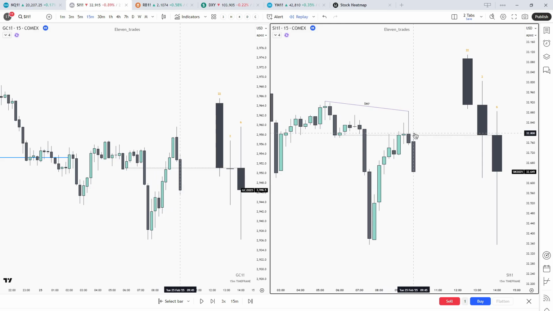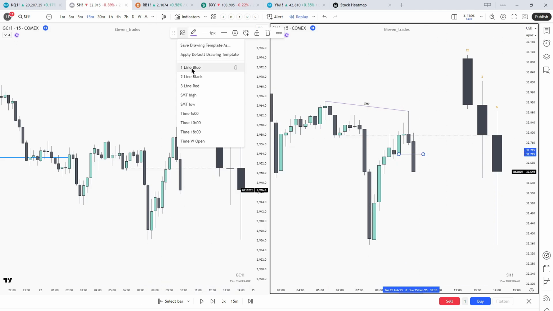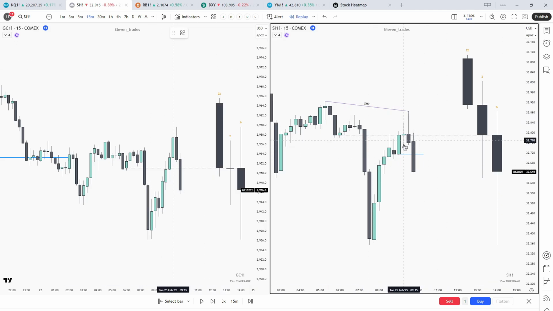Now we are near the 10 a.m. opening. So the 10 a.m. will probably create a small wick and then expansion. The signature is the change in the state of delivery. So we have a change in straight up delivery, a closure below the series of up close candles, an aggressive up move followed by a down move, SMT divergence at the